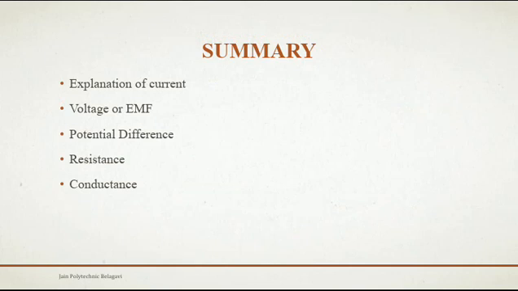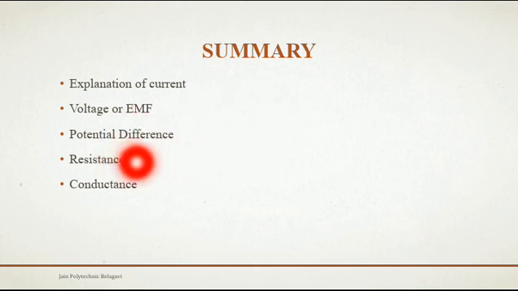To summarize the whole PPT, we just got to know the definition of electricity, which is nothing but the flow of charges. Current you can define as the flow of electrons in a particular direction. Current is measured in amperes, and an ammeter is a device used to measure the current. Coming to the voltage or EMF, the potential applied across the circuit is the voltage, which is measured in volts, and a voltmeter is a device used to measure the voltage.